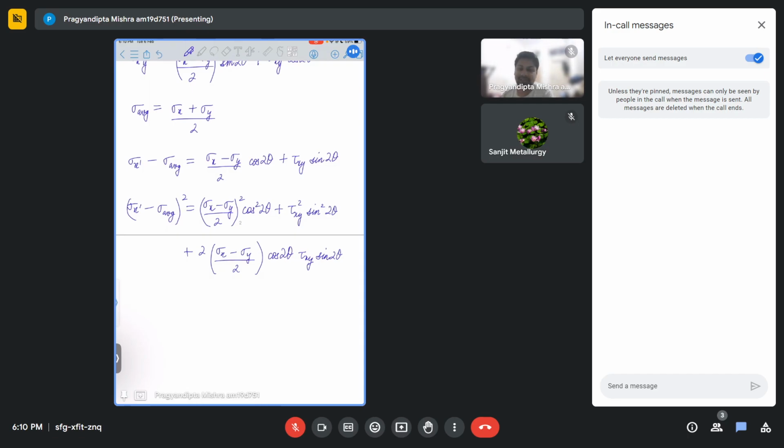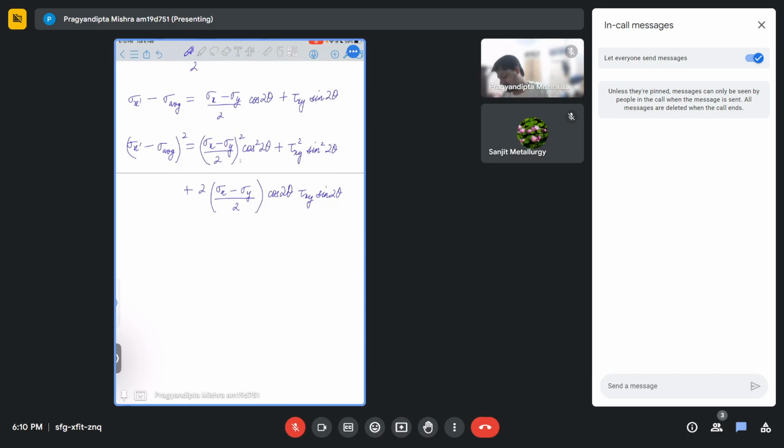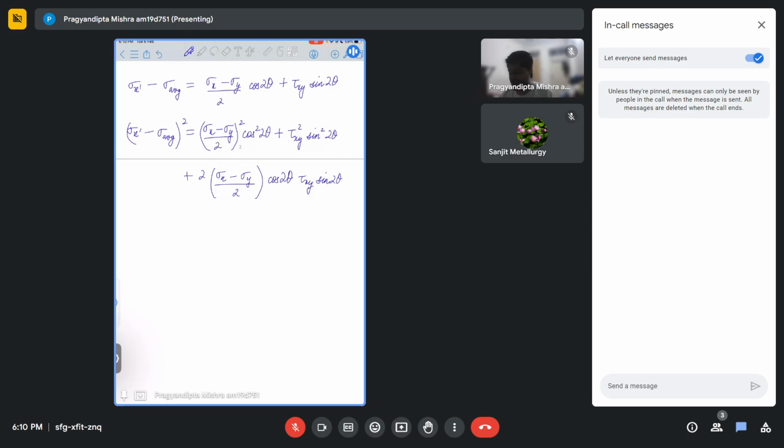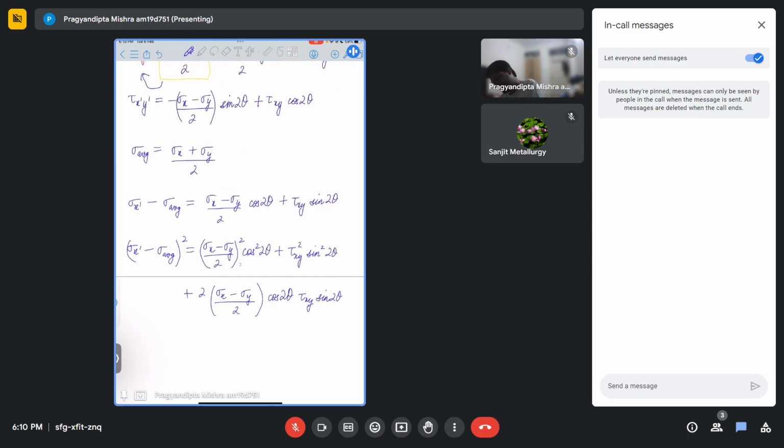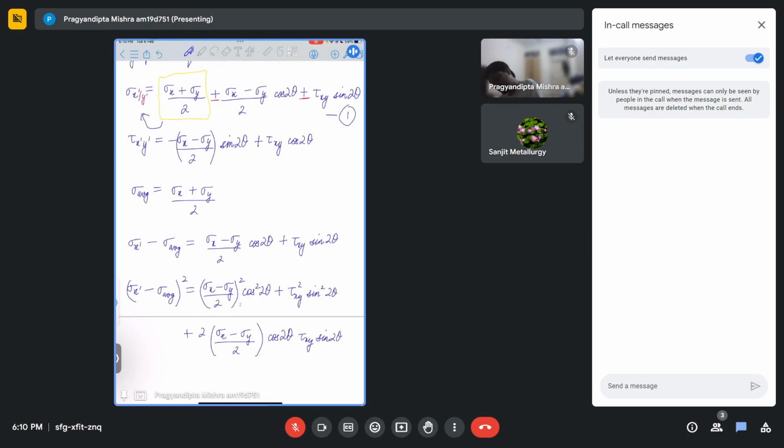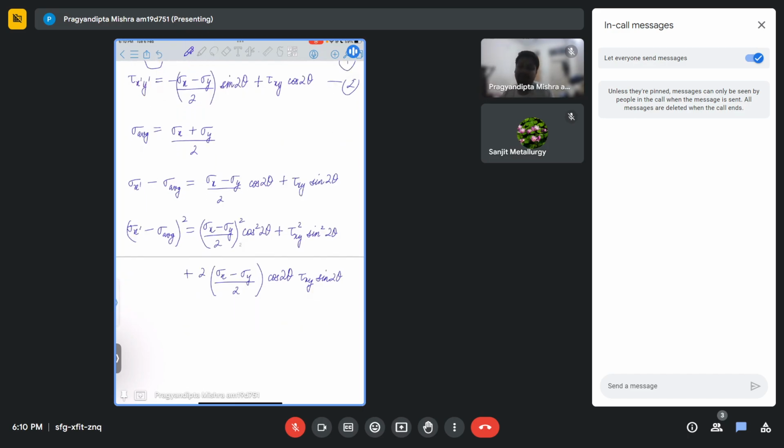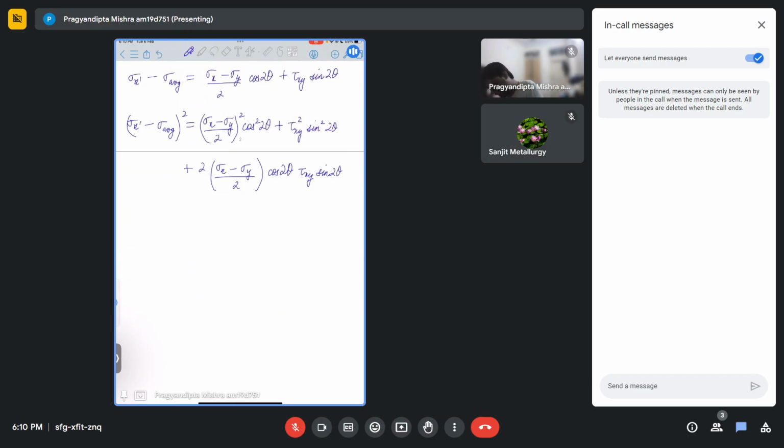So this is the square term for equation 1. Let's take this as your equation 1 and this as equation 2. Now if I want to square equation 2 as well, I'll get tau x dash y dash square to be equal to,